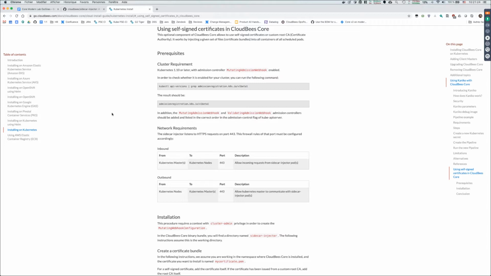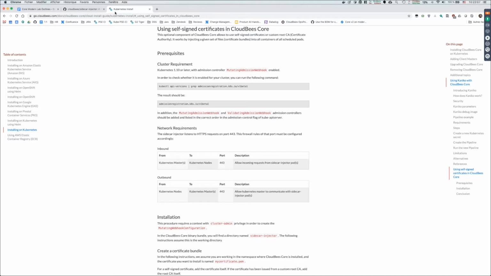So hello everyone. Today we are going to talk about using self-signed certificates in CloudBees CI. It's a general topic when we have customers installing CloudBees CI. Some of these customers use their own TLS certificate, and they don't rely on a third-party trusted provider to produce their certificate. Instead, they define their own root certificate, which they use to issue their own certificate for each service that they run internally.